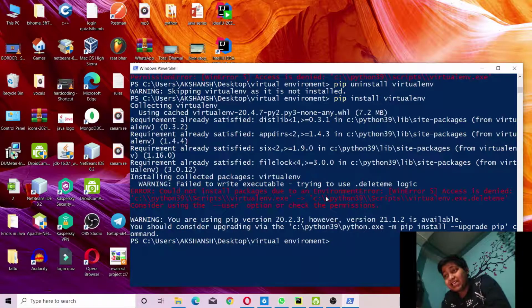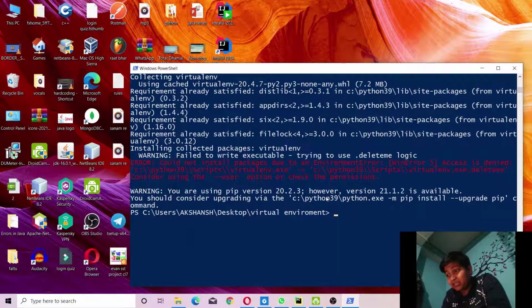I have faced this error only while installing virtualenv, but maybe while installing some other packages, or while doing some other work in Python, this error comes. Then to solve this error, now it is saying Windows error 5. What does this mean? It is saying environment error.